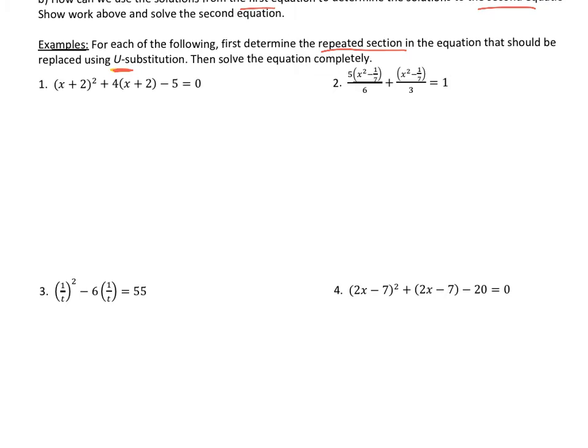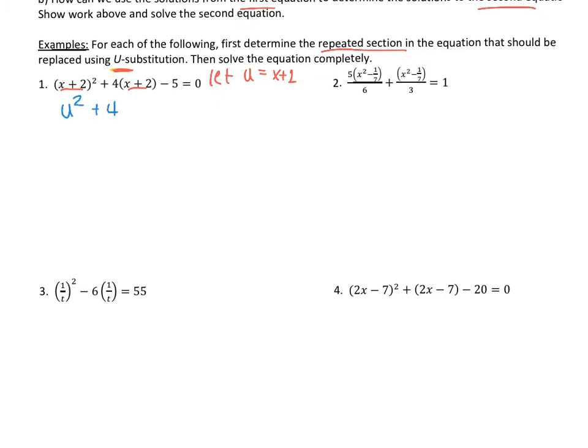So in this first one, what we see being repeated is x plus 2, x plus 2. So that chunk or that piece is being repeated. So let's make the substitution for U. Let U equal, so first we just explain what we're going to be substituting U in for, x plus 2. Once we do that, now I'm going to rewrite this equation. Since now U is representing x plus 2, then right here instead of x plus 2 squared, I can just write U squared